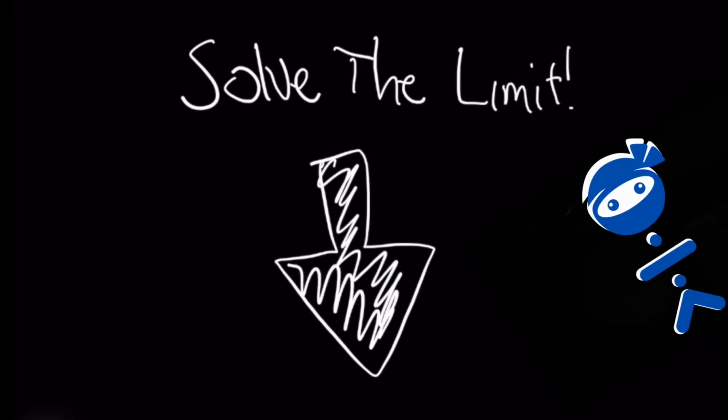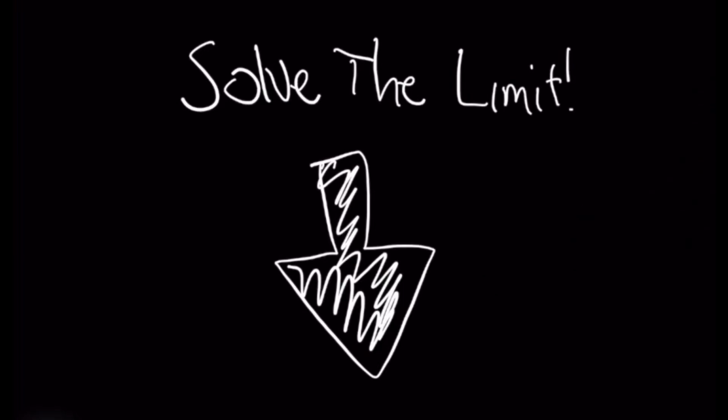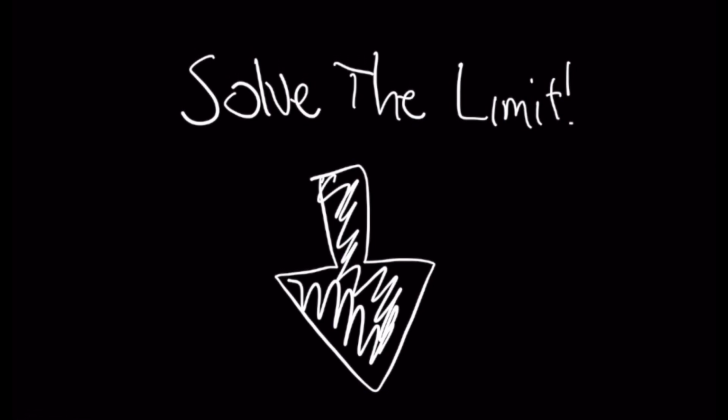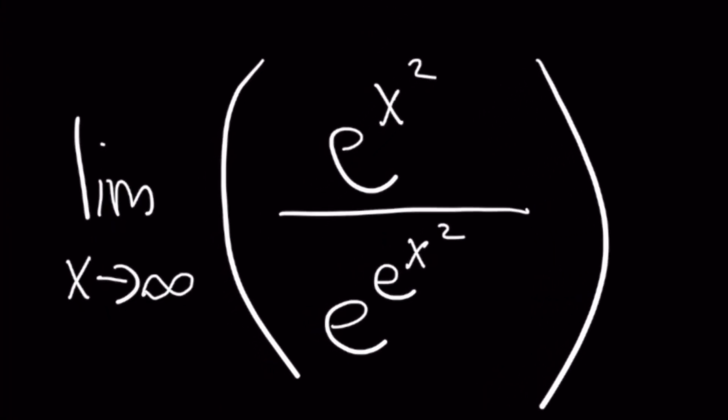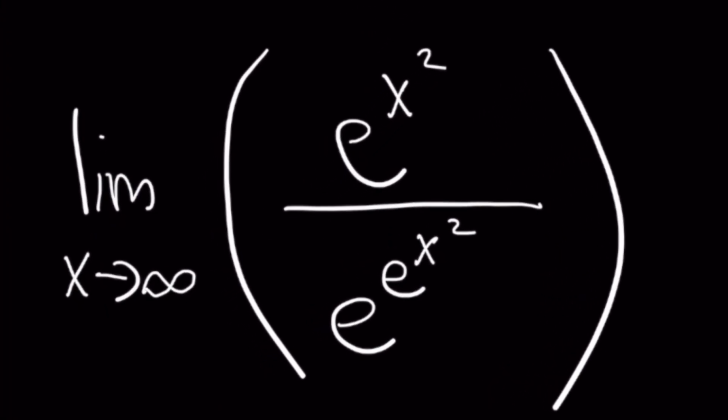We're about to solve a really crazy looking limit problem below, and it might seem intimidating at first, but it doesn't have to be if you know these two awesome tricks. Let's get started. We have the limit as x approaches infinity of e to the x squared all over e